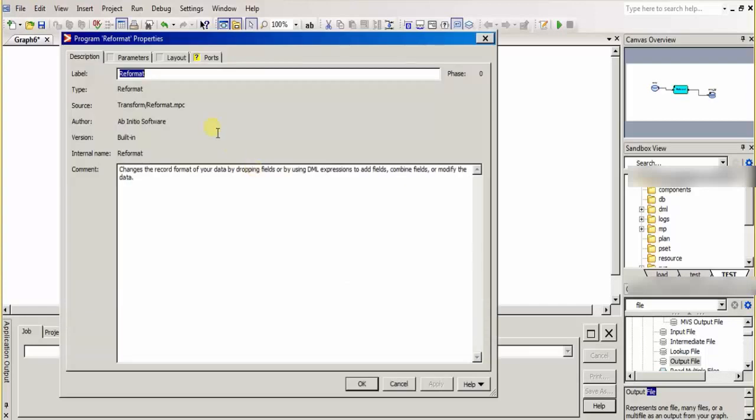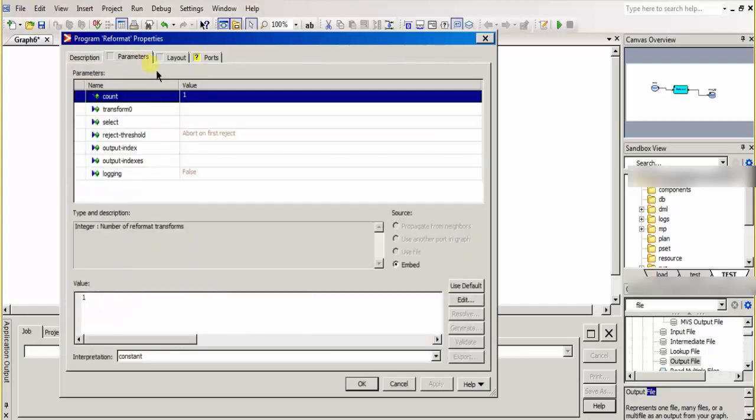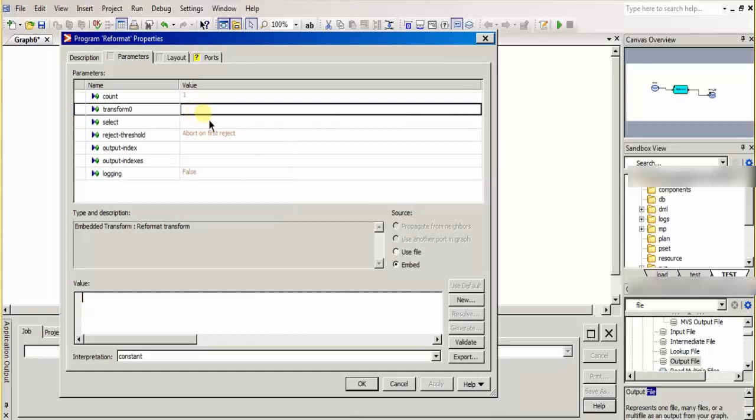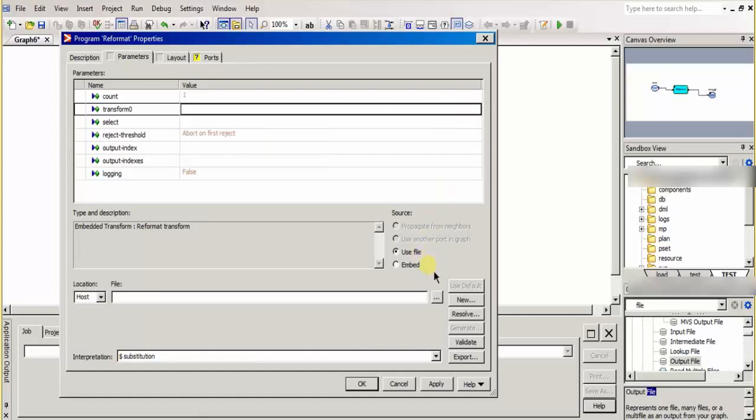Now I'll go to the reformat here. Here I can select a few options, where the first thing I have to provide is the transformation file, that means the XFR file where my business logic exists. So click on the transform here and click on use file.